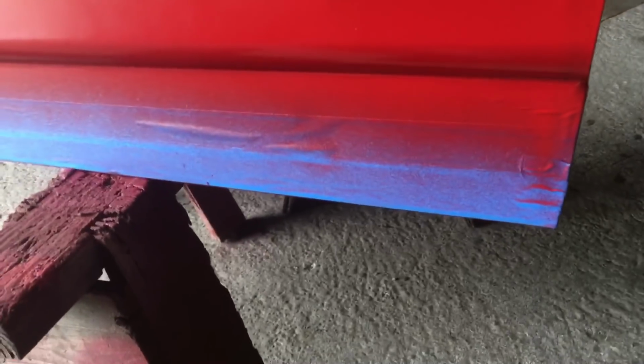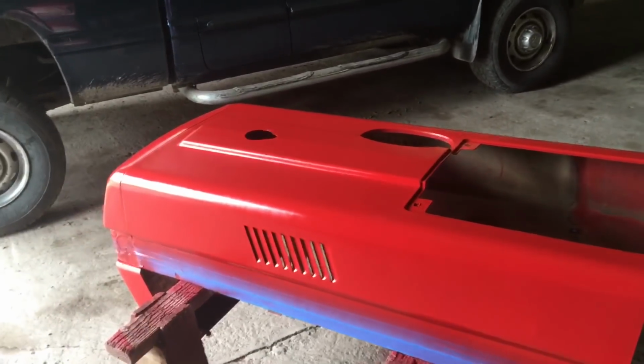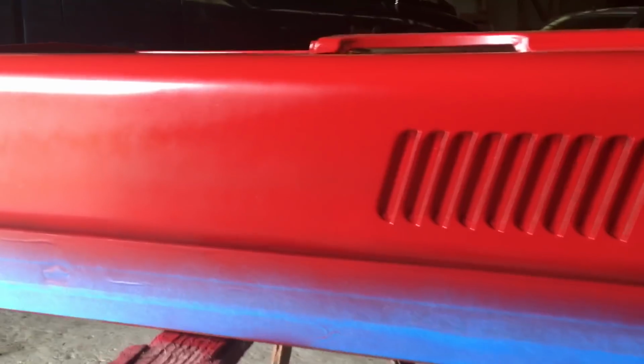So let's do a reveal here on this hood. And you know what? Let me turn the hood, because the other side I was painting kind of in the dark. Let's see how it turned out. All right, we rotated our hood all the way around. I'm just looking to see how I did. Like I say, this side was facing the inside of the shed. It was a little dark, and you know...